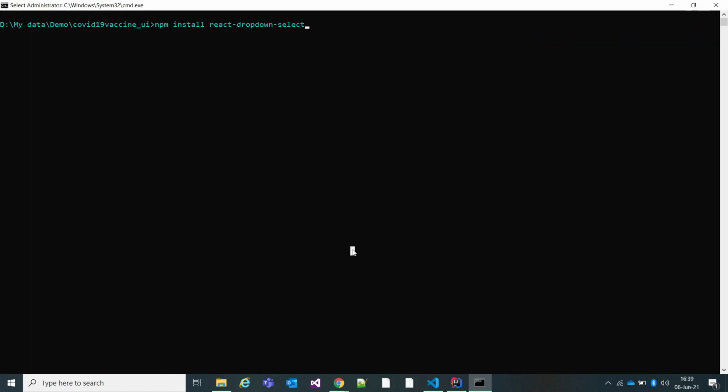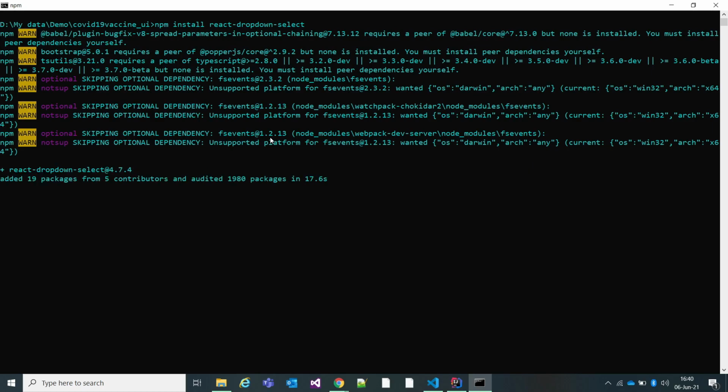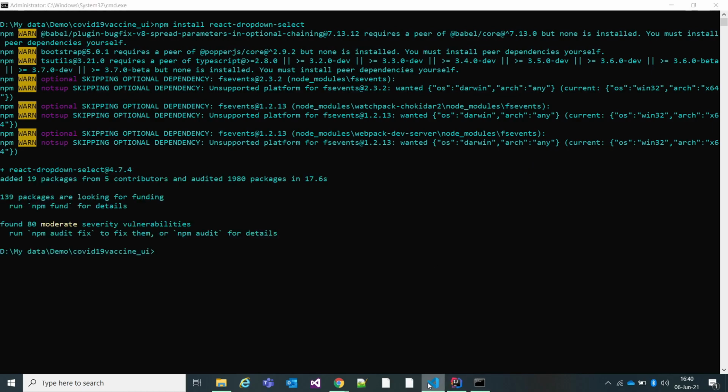As it is installed, need to install React dropdown select, which will be used for the dropdown for the age. Let us install this. Once it is done, I'll be opening this particular project in the code editor, which is Visual Studio Code. Fine. So let us open this.